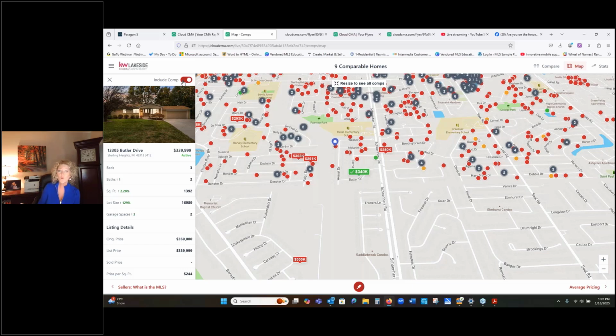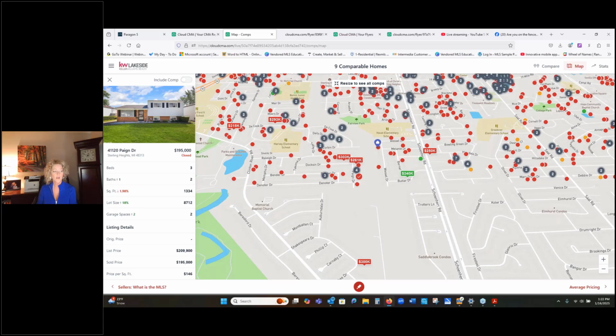Now, really, CMAs are always driven by the sold properties themselves, so we're going to pretend this sold one over here happened to be the one that they were talking about, Mr. Fumagali's house. So Win can clearly see, well, this actually is a split level home. This is not a single story ranch home, if you will. And so maybe that's why she didn't choose it. Or, you know what, if she meant to choose it and she didn't, or maybe it just closed yesterday and she did a report 2 days ago, she can toggle that comp on that simply,